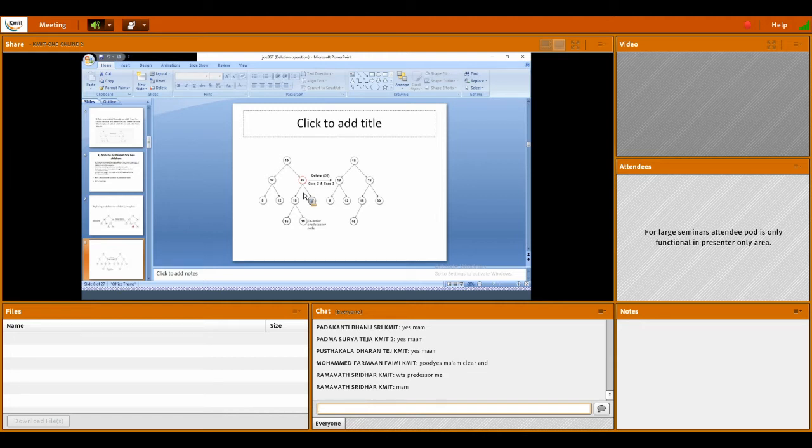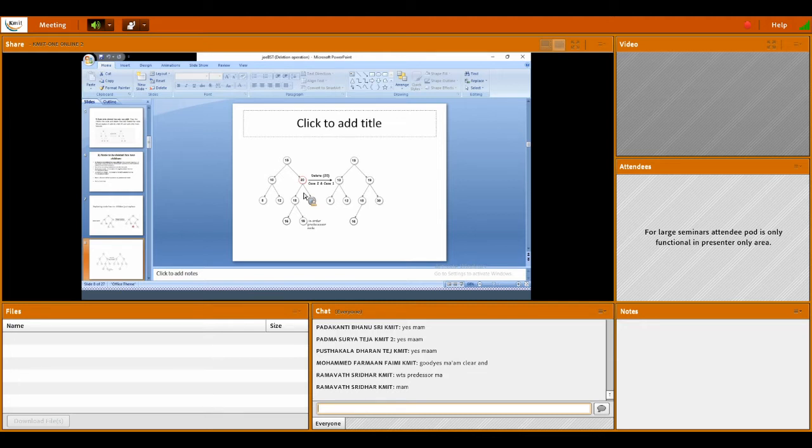In the previous example, I replaced the deletion node with the in order successor. Now here, I want to replace the node using the in order predecessor. You can use either the in order successor or in order predecessor for replacing the node. In this example, I am replacing the node with the in order predecessor.